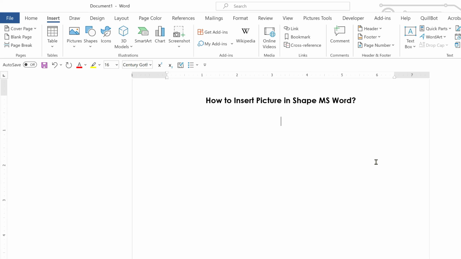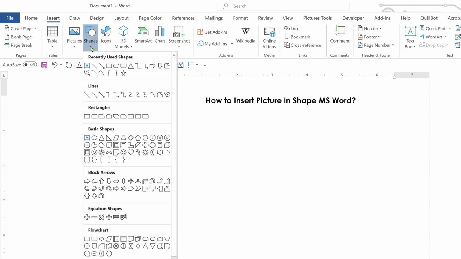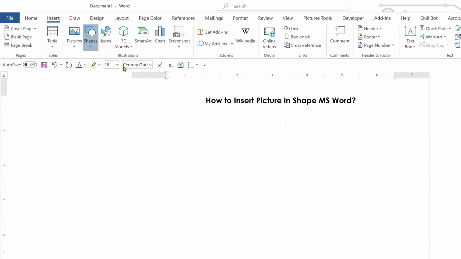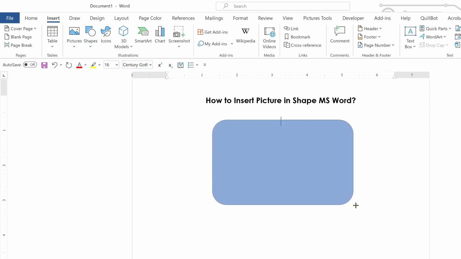In this video, I will guide you how to insert picture in shape in MS Word. First, go to the Insert on the top ribbon, click on that and click on the Shapes. Click on that and pick the Rectangle: Rounded. Draw the shape